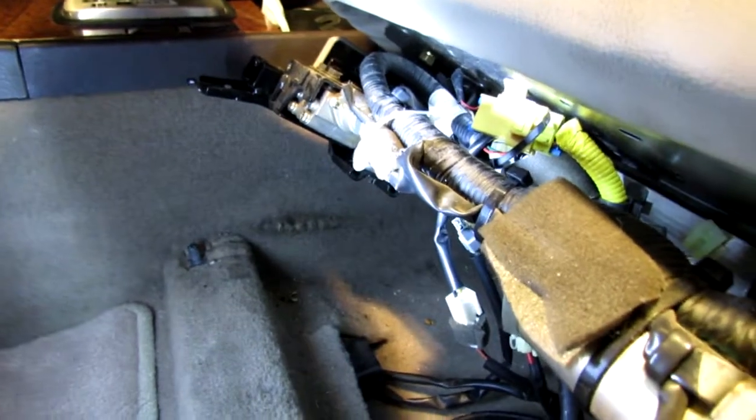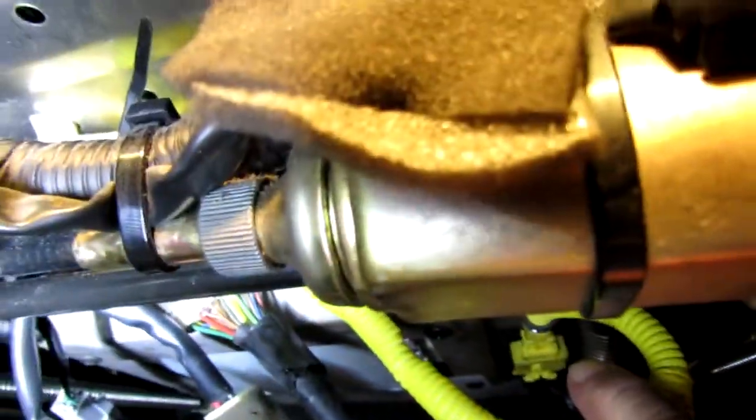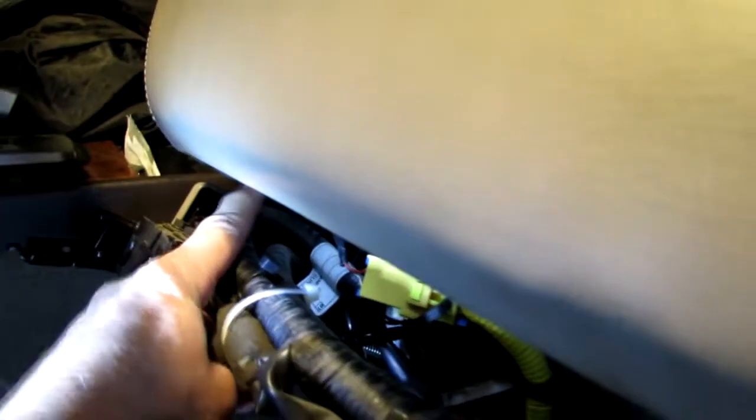The connectors for the airbag are these yellow connectors. You have one right here and then one back there. You're going to want to go to a junkyard and do the same thing we just did and cut the wire on both sides of that connector over there and down here under the seat. And you'll have to probably go to the back of the seat to get the back of that connector. Where is it? Right there. You have to go all the way to the back of the seat